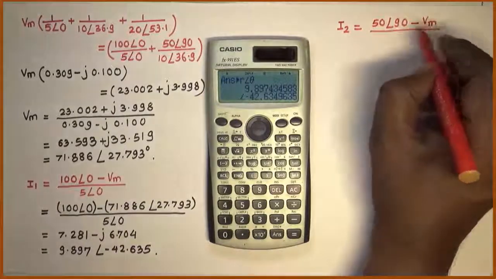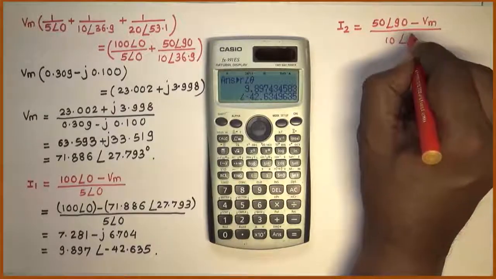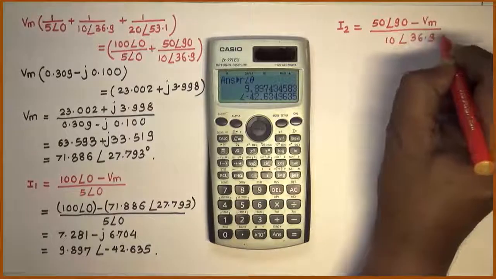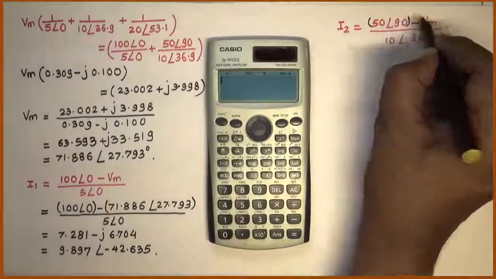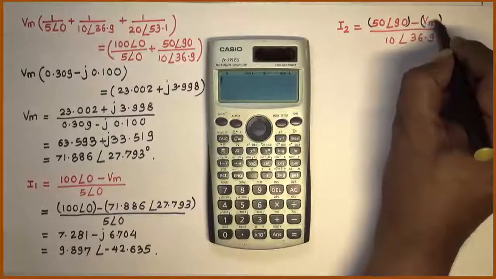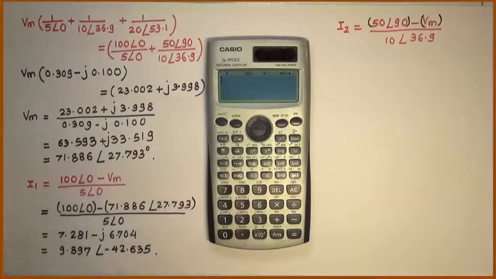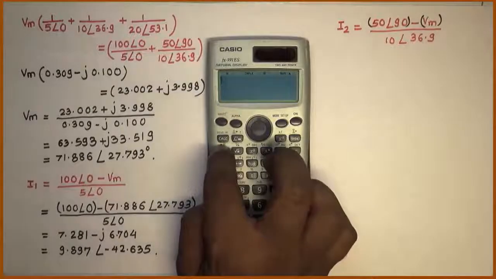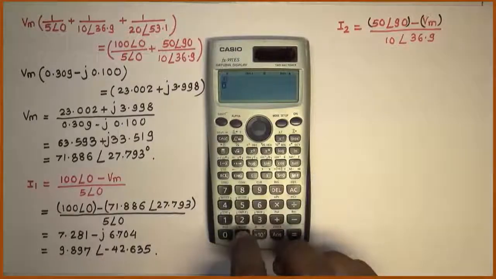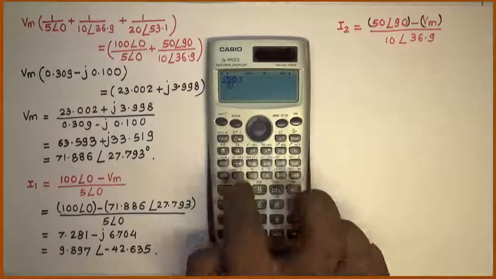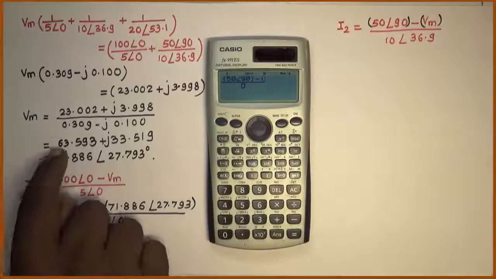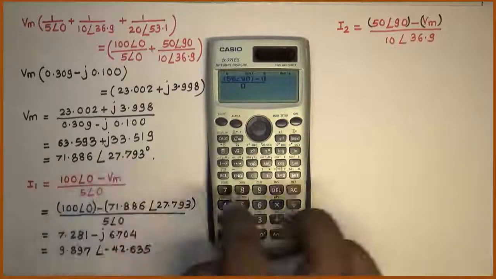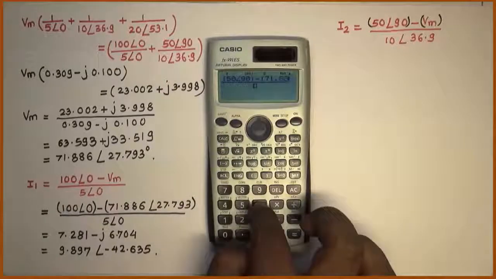One more calculation which we perform in the video is I2 is equal to 50 angle 90 minus Vm divided by 10 angle 36.9. Again it is done on similar lines. First I clear the screen. I separate this number by this number. I can use this value of Vm or this value of Vm. So go to calculation, division symbol, first bracket 50 angle 90 bracket complete minus bracket Vm of this value or this value. If I use this value, it is 71.886